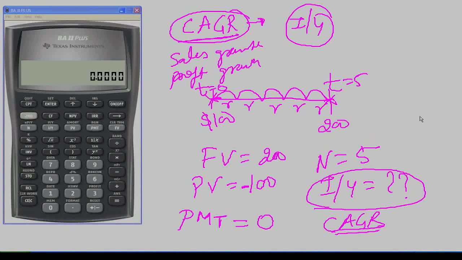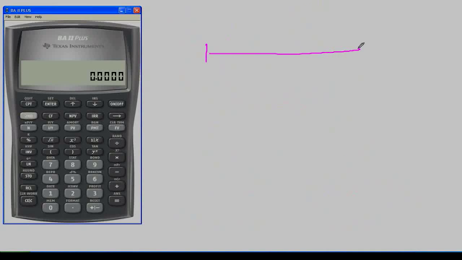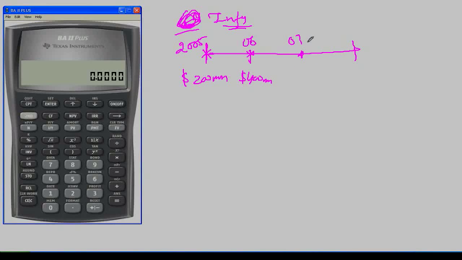Another type of problem which you get in calculation of CAGR is this. Think about a company. Let's say General Motors. Actually, I'm taking the wrong company because its profit has not increased that much. Let's take Infosys. Infosys generated, let's say, $200 million profit in 2005, and in 2006, Infosys generated $400 million profit. In 2007, Infosys generated $600 million of profit.